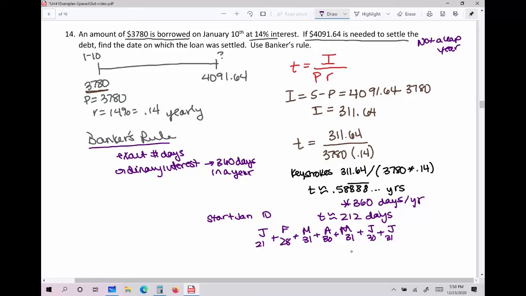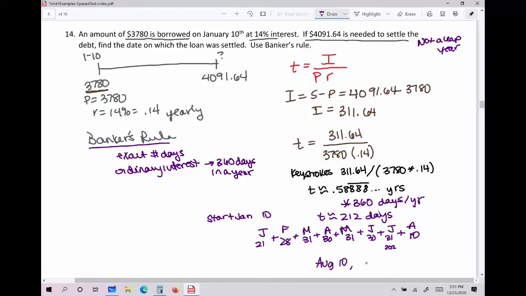I know it's going to be at least 7 full months-ish, because I'm over 210, and 210 is 7 times 30, so it's about 7 months: 1, 2, 3, 4, 5, 6, 7. That means whatever days are left over are going to be in August. When we do a subtotal of these days, you should get 202. Go ahead and pause it and make sure you can get there. That means left in August, we have 10 days. So our answer would be August 10th